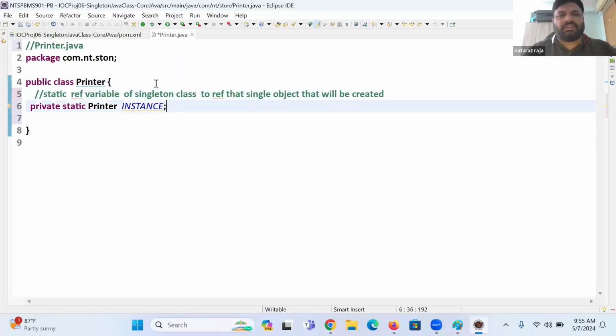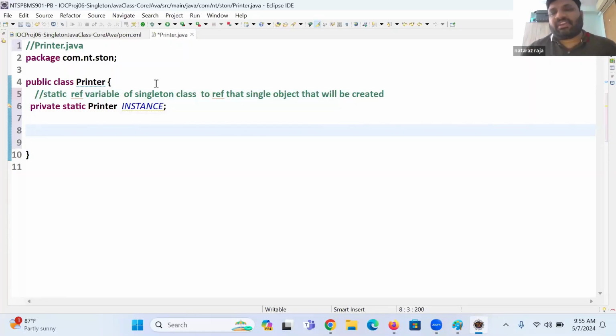Super, boss. Perfect. Okay. A single object will come into picture when you close the main door of creating objects through the new operator outside the class. That can be done through